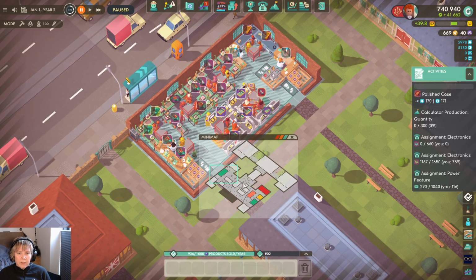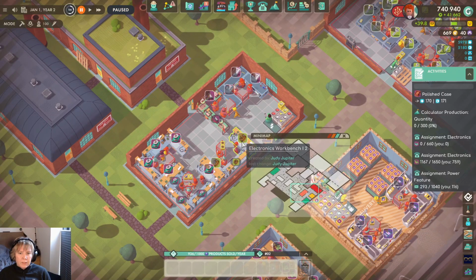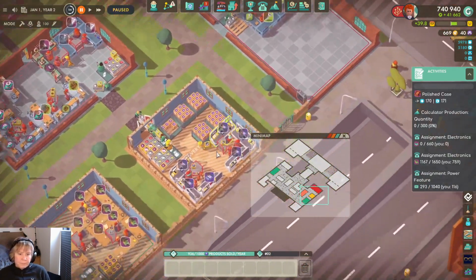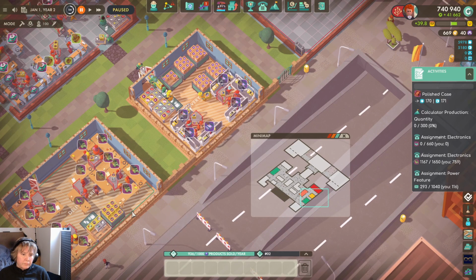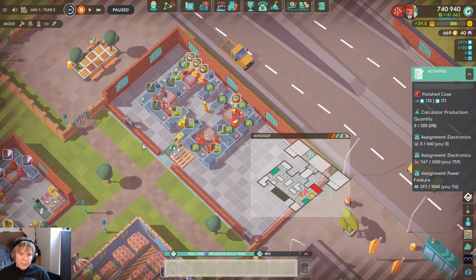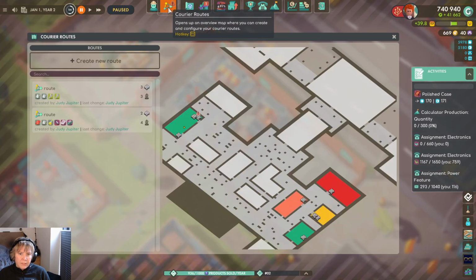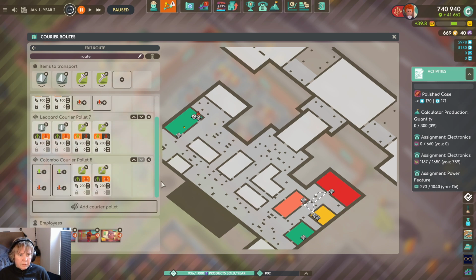So, if you recall or not, I don't know, but up here we have the production of our calculators. Down here we have, let's see if I even recall. What were we producing here? Oh yeah, Walkman. And here we're creating a lot of metal sundries and stuff. I'm pretty sure we're sending them off somewhere. Let's see what's happening here. Yeah, we're creating them there, dropping them off